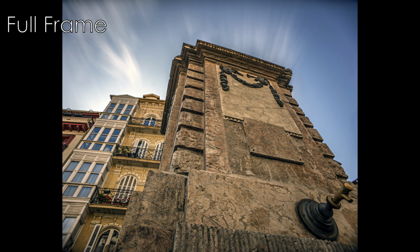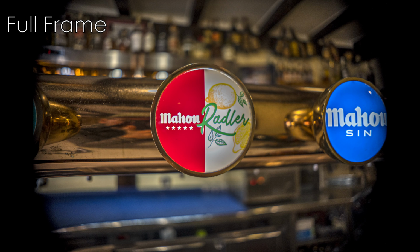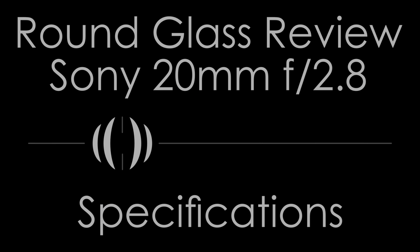Now that said, a good off-label use for this lens is on full frame, where, at different apertures, a slight crop from the 2:3 aspect ratio of full frame to either a 4:5 or a 5:7 will allow for more use of the lens's image circle at the cost of a little bit of periphery image quality. However, that's only the peripheries, and as a full-frame lens, this is a compelling performer when you slightly crop your images. And I think most of the images in this video were taken on full frame, and I think they